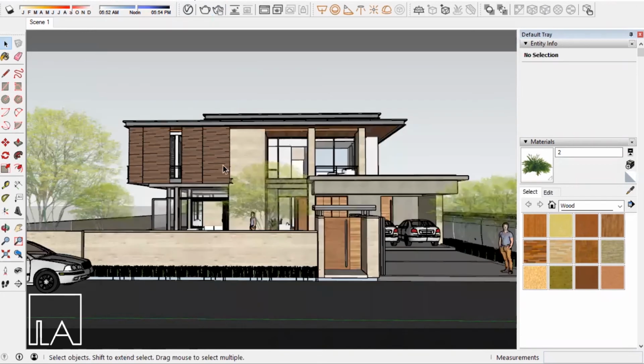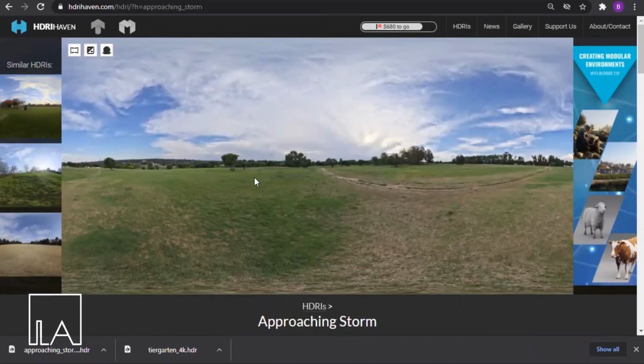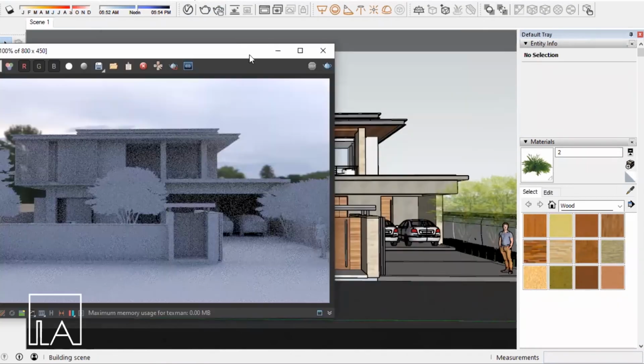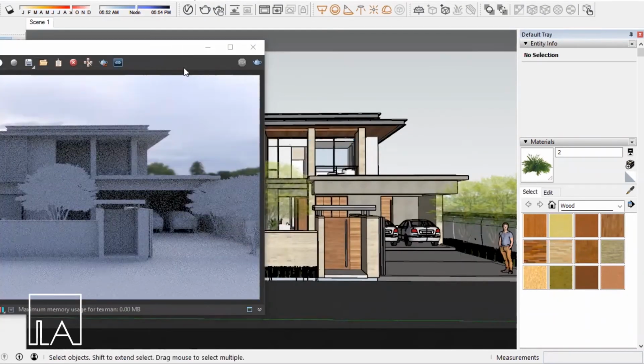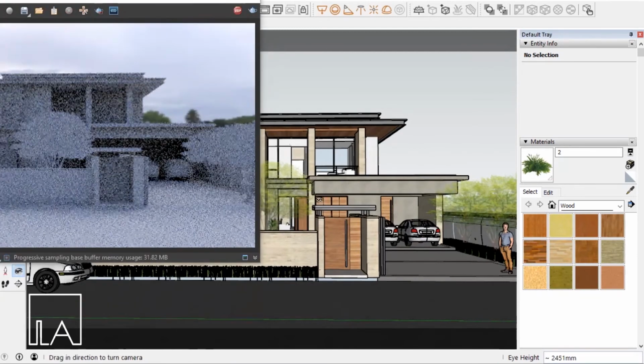Once we set in the proper intensity for our dome light, we go and check the preview of our dome light over here. So you see the sky and a few trees in here. Now we'll just check the render if we're able to see the same things or not. For that, we'll have to start the render and keep the render aside and start to look around in the model. So for that, I'll be choosing the look around option in SketchUp.